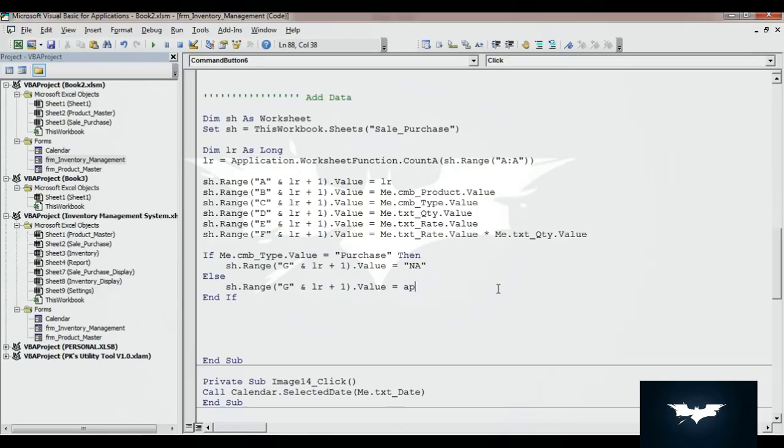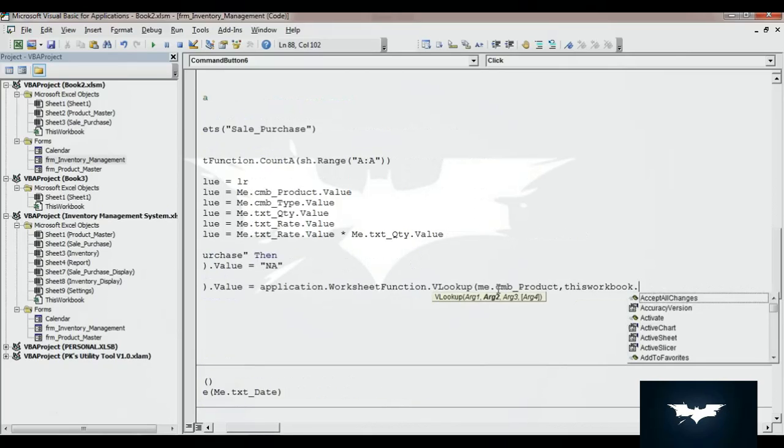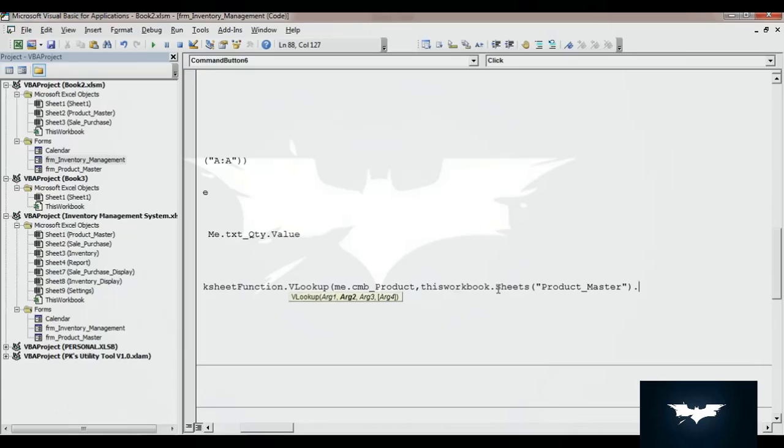So I'll use here Application.WorksheetFunction.VLOOKUP, and I will use me.cmbProduct, and I'll use here the product master worksheet, so ThisWorkbook.Worksheets("Product Master").Range("V2:D"). Alright, and the purchase price on number 3, comma 0.